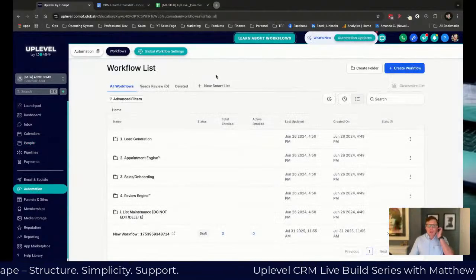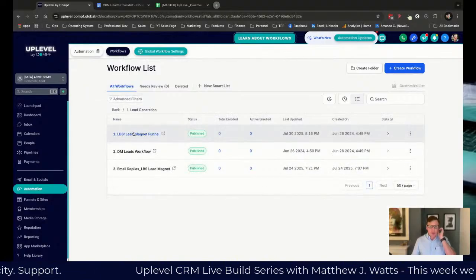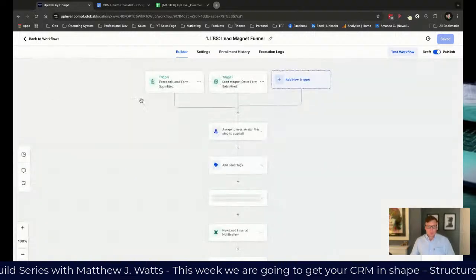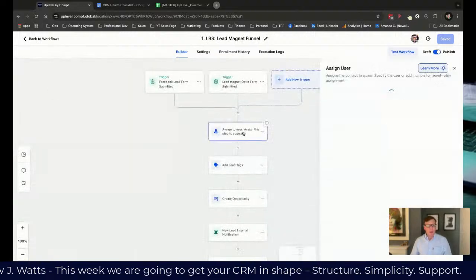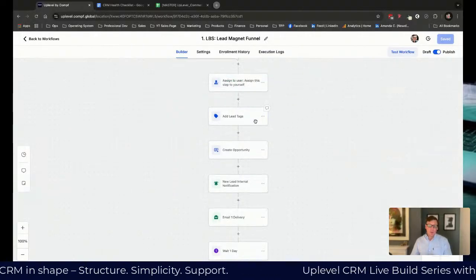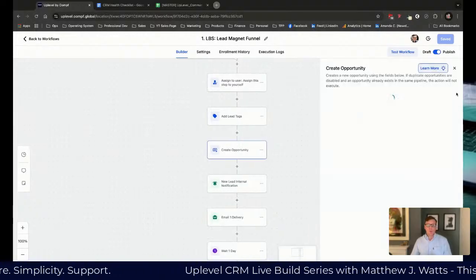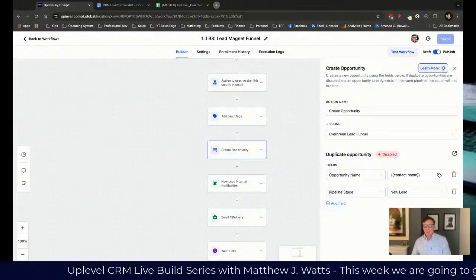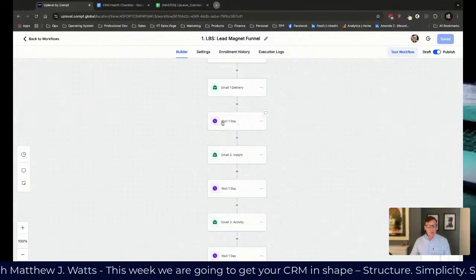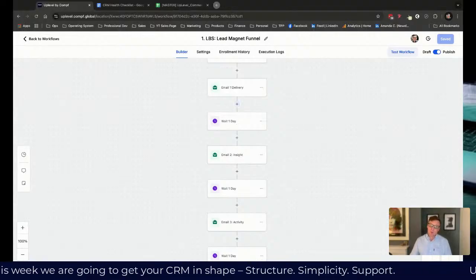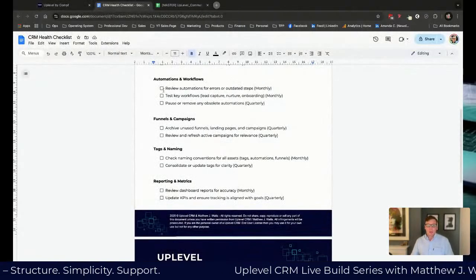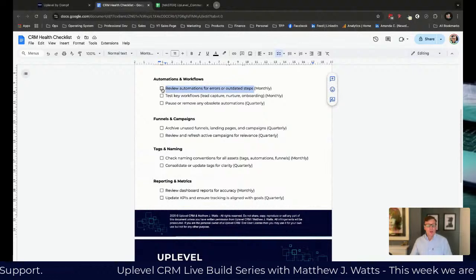Have a look and go, right, is this still the correct trigger? Am I the actual user here anymore? Or is somebody else looking after this? Do we want to put them into a different opportunity? Do we want to change the wait steps here? We're looking for mistakes, but we can also look for improvements. So just go through your automations once a month and just look for ways that you can improve or remove